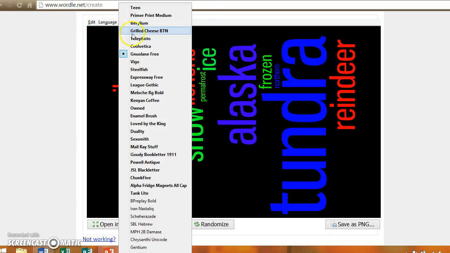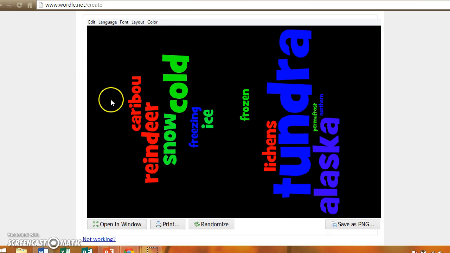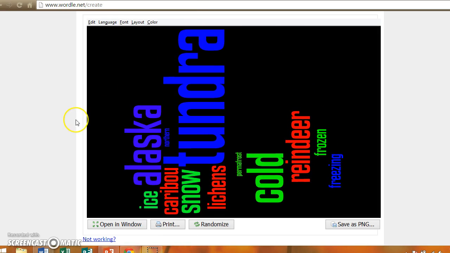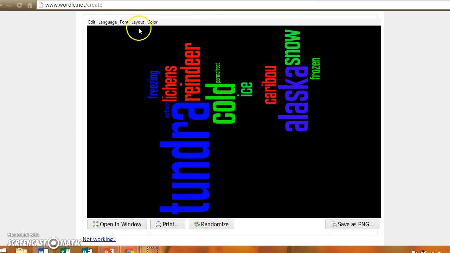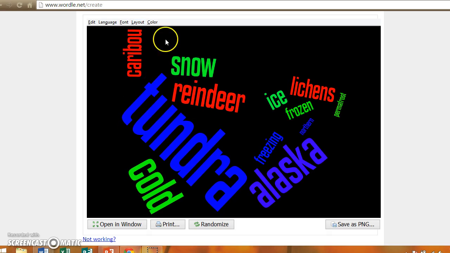So you can change the font to grilled cheese. There you go. You have grilled cheese font now. You can do this however you want to, whatever you think looks best. This is completely up to you. Then you can even pick your layout, any which way, so they're just kind of all jumbled up,